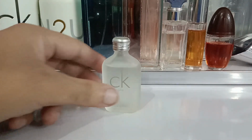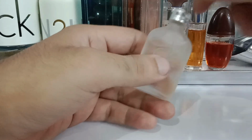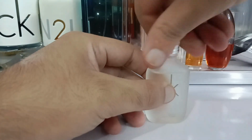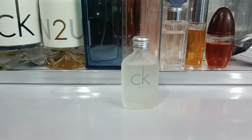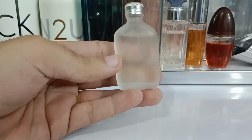So starting with the presentation, this is a 15 ml miniature bottle. This is a dab-on style, so this does not have a sprayer. Let me show you how. So this is a dab-on, like this, and this does not have any sprayer. This is available in 100 ml and 200 ml bottles. Typical cardboard box with an off-white color. The bottle is sleek with rounded shoulders, and this is frosted glass with the CK logo prominently displayed